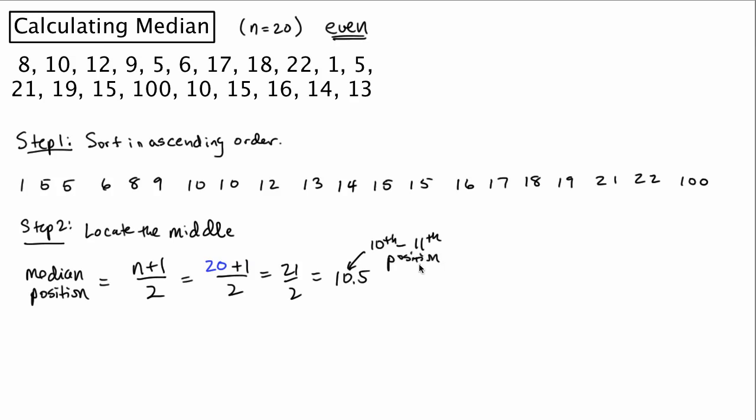So let's count over. We have our set here. Let's count over until we get to 10. And I'll just mark them off as we go. But we've got 1, 2, 3, 4, 5, 6, 7, 8, 9. Okay, there's the 10th position. There's the 11th position. What that means is the median is halfway